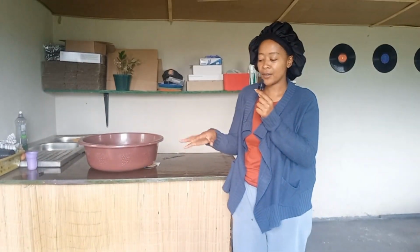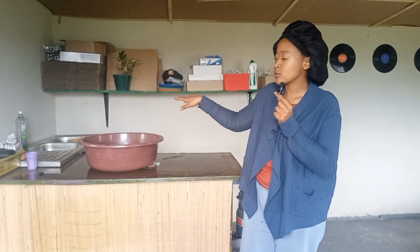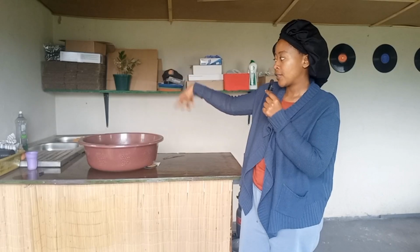Yeah. So I still have to get water like this, because my tank is cracked, and I haven't closed the crack, so I don't have flowing water in here. Even if I did, I wouldn't be able to get it inside the house for dishwashing yet. I still have to install a tap and the piping or plumbing on that side. But